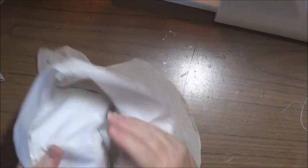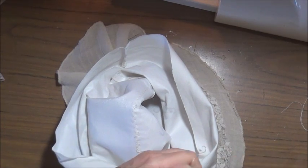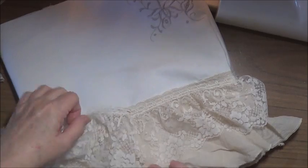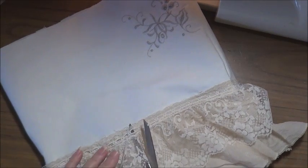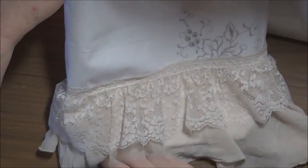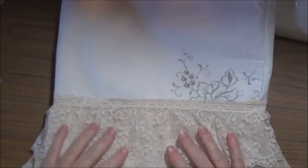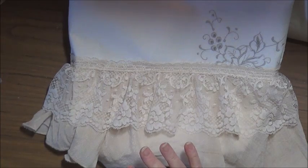So just get those ends on. And I zigzagged. I used a zigzag stitch to sew that on. And like I said, okay, so that's the first layer like that done. So now I can work from there. Well, it's not exactly straight, but it's okay because it won't be really noticeable